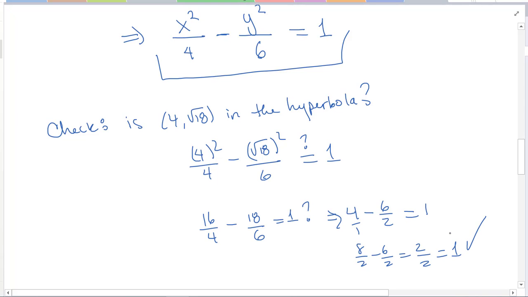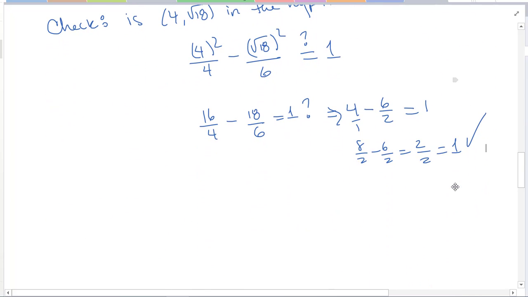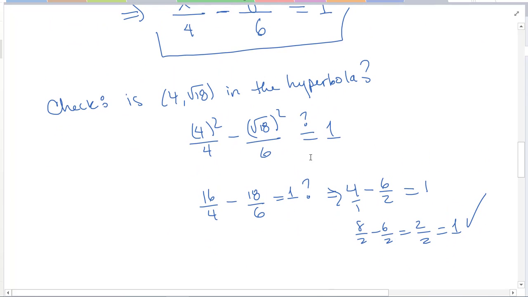And then another way you could check it is the foci. Do you get plus or minus the square root of 10? And you will see that in this case you do. Okay. Hopefully that helped with, this was a little bit difficult, a little more difficult than usual,